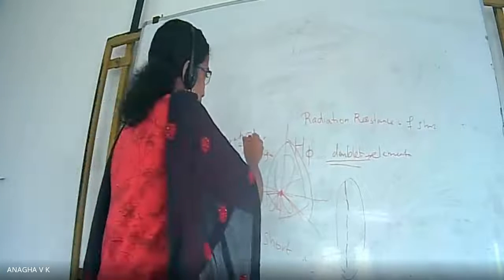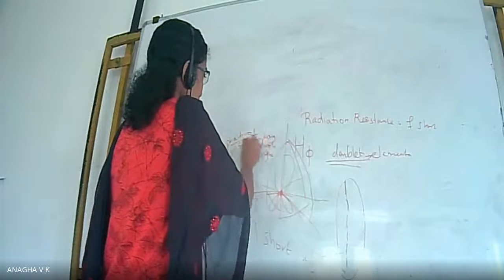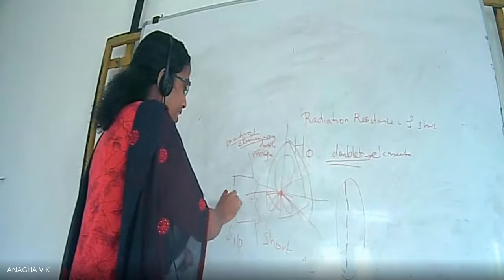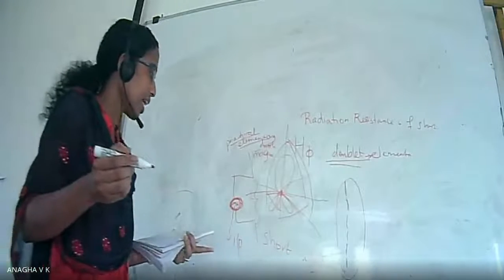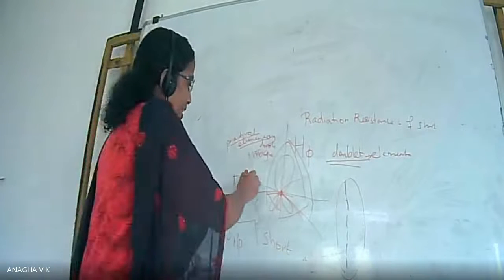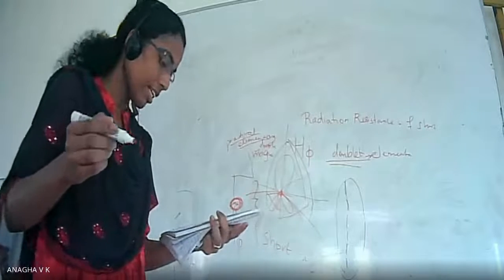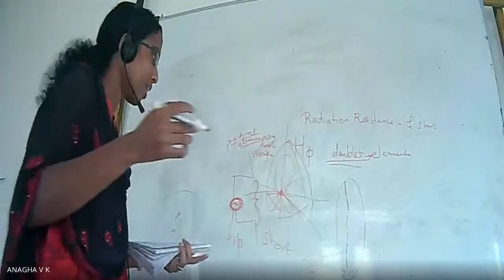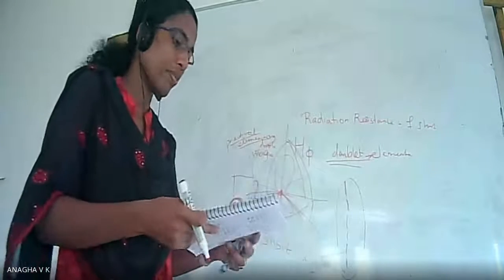Everything we are taking as imaginary. So the practical elementary dipole is nothing but a center fed antenna. Center fed in the sense the input is given to the center of the antenna. Center fed antenna having a length that is very short. The length of the antenna is very short in wavelength, meaning it is not comparable to wavelength. It is very short. So it is the practical elementary dipole.